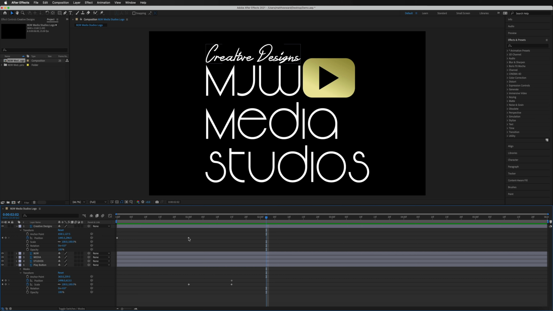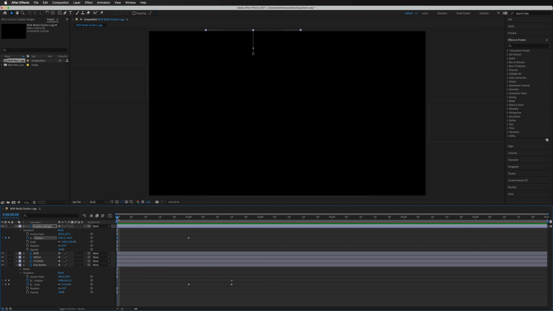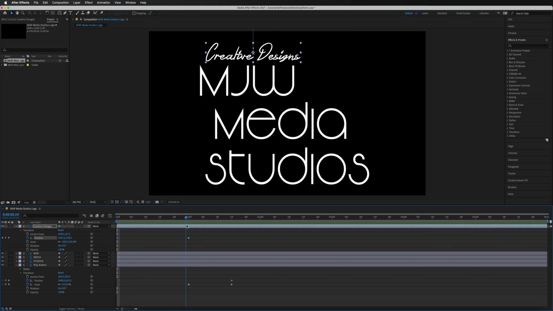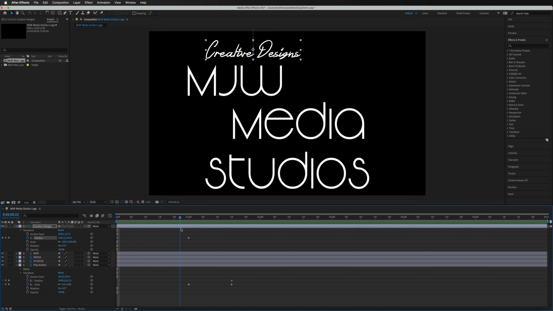And all we have to do here is simply tap on the keyframe by right clicking on your mouse, go down to where it says Keyframe Assistant at the bottom, and we've got 3 different options inside of here. So the 2 we're going to pay attention to right now are Easy Ease In and Easy Ease Out. So the way this is going to work is, the keyframe right here is at the beginning of the animation. So if I bring the playhead there, it's right at the beginning, and now this is going to come out of the keyframe. And as it moves along, it's then going to come into that keyframe. So that is all you need to remember. It's coming out of that one and it's going into that one.